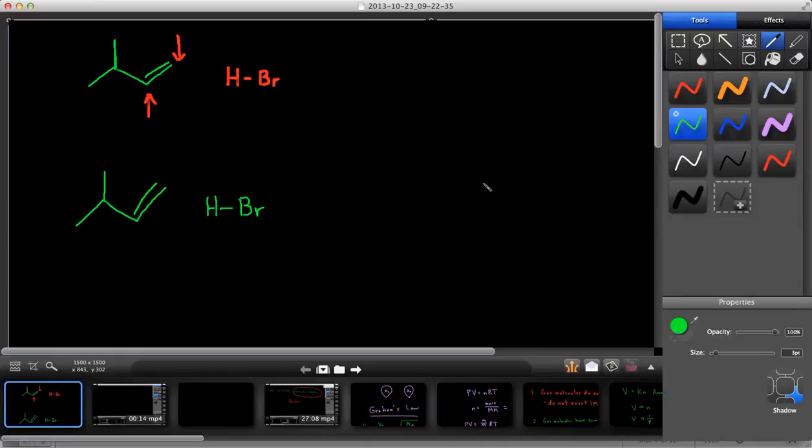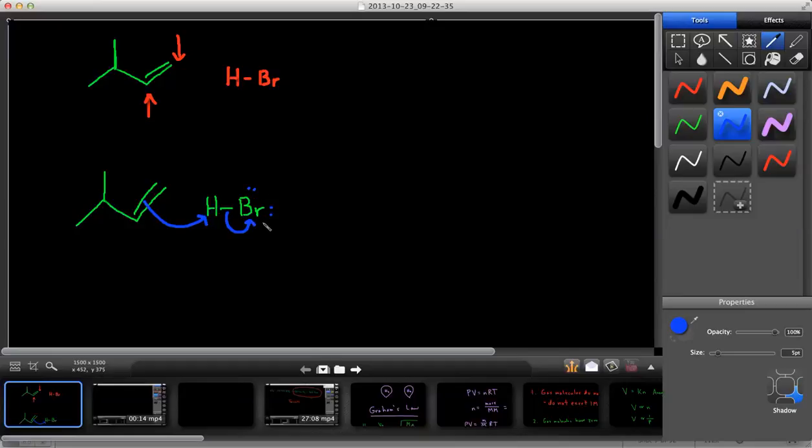The electrophile will be the hydrogen atom. So the first step of this mechanism, the pi electrons in the alkene will make a bond with the hydrogen, and the HBr bond will be broken,